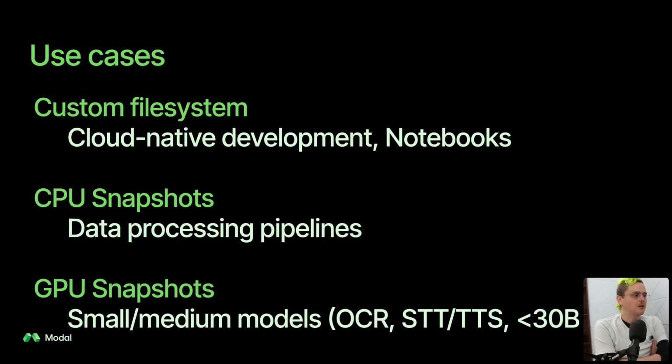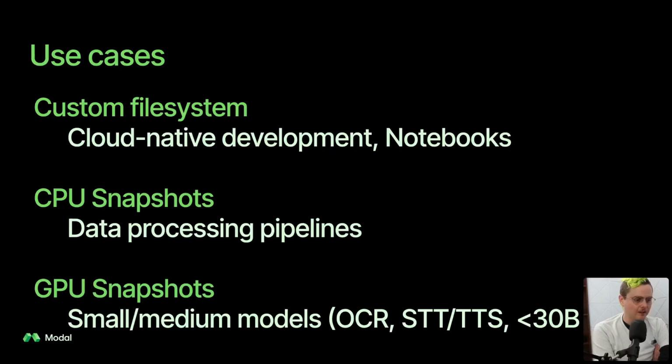So they only need the CPU snapshots. For GPU snapshots, we've seen a lot of uptake on that for what I would call small to medium models. Anything at the scale of 30 billion parameters and less fits on a single GPU. And the torch compile, CUDA graph capture, this kind of overhead really dominates for a 1 billion parameter, 8 billion parameter model, something doing